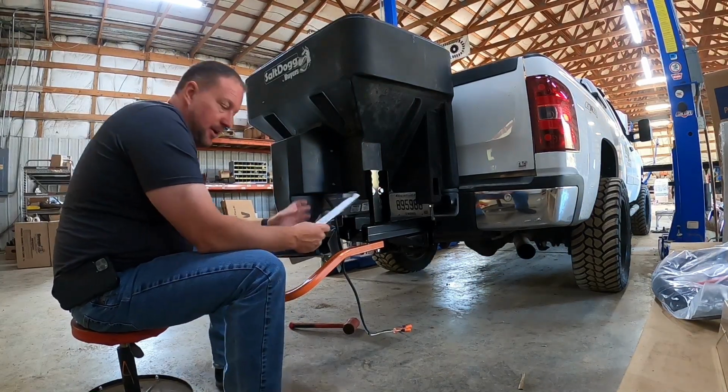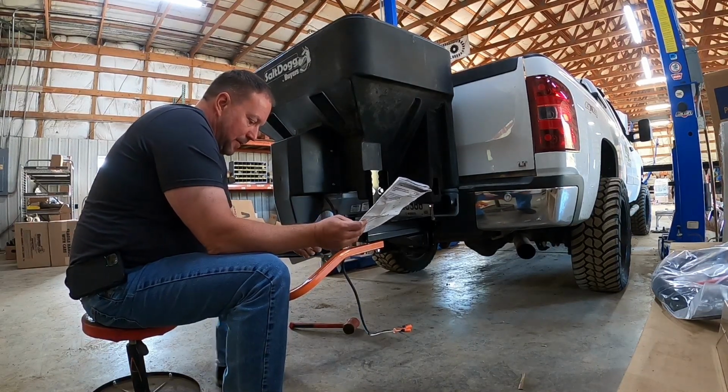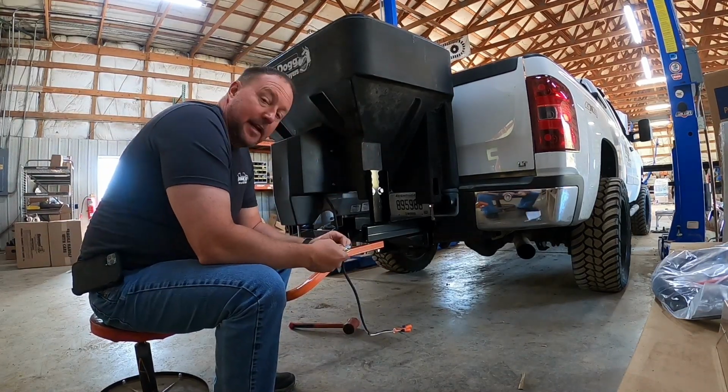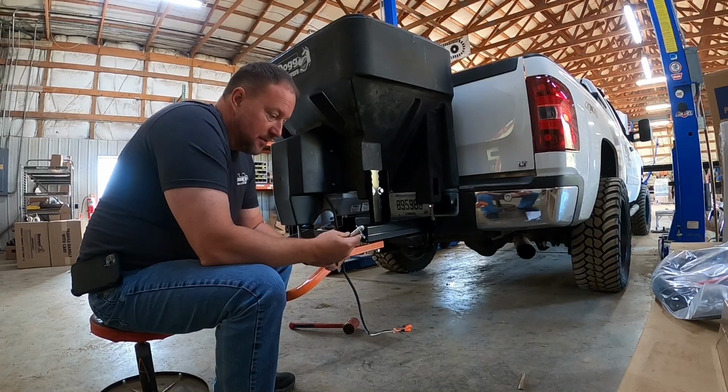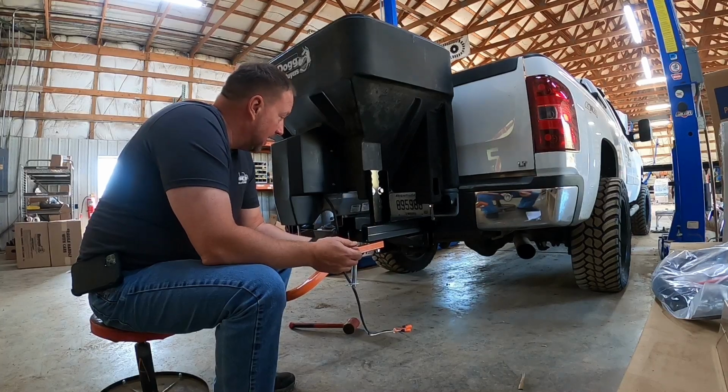Last but not least, we're going to put the top on. So pretty simple. The latches come in their own little box. The only thing we've got left over is this hitch pin. It did come with a hitch pin, which is awesome, but we're not going to need it. And we've got the anti-seize and we got the top. So I'm going to set the top up here. I'm going to do it, and then